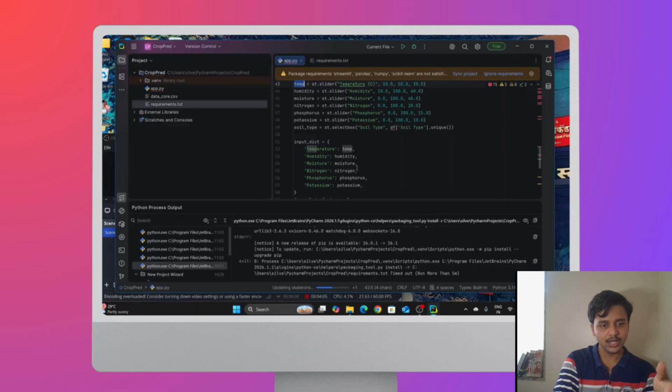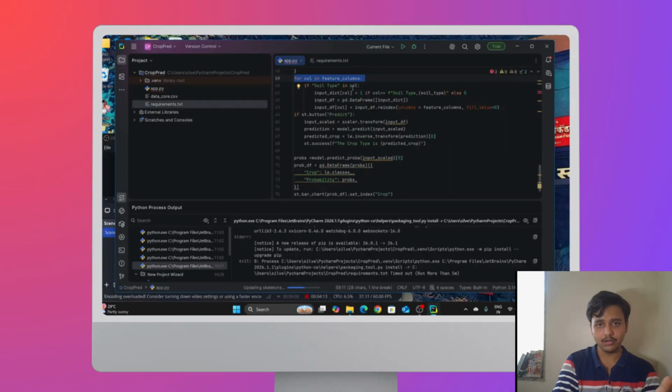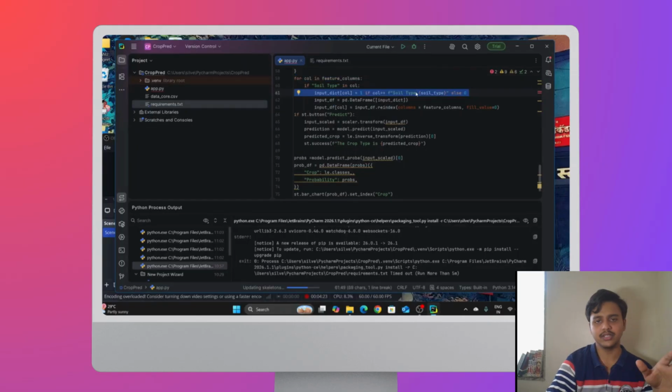For column in feature columns, if soil type in col, then input dictionary col equals 1 if column is soil type. So this just inputs everything to 1 for soil type, since it does not have any requirement on our input data set. Okay, so input df equals pd.DataFrame.